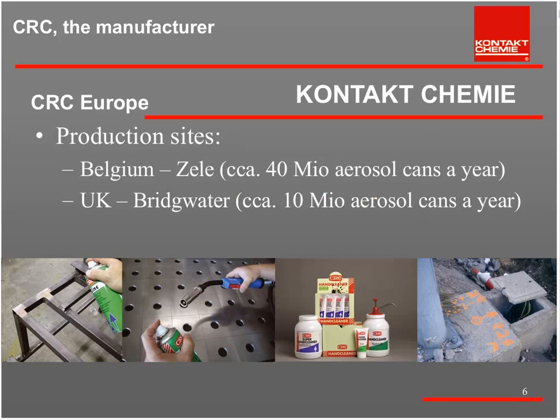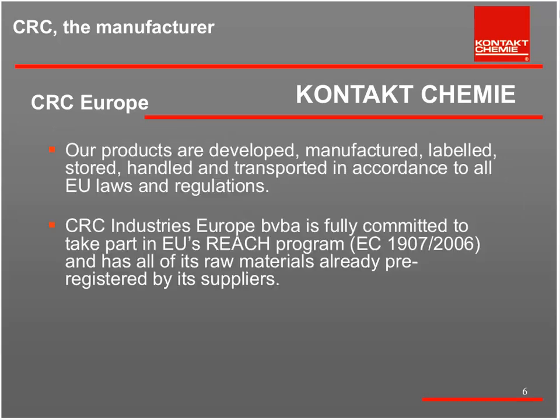So we are considered to be a big company, but of course, if you compare these numbers to big consumer aerosol manufacturers like L'Oreal with the hairsprays and these kind of things, where hundreds of millions of aerosol cans are produced a year, of course, we are small, but what we are active at, we are a big